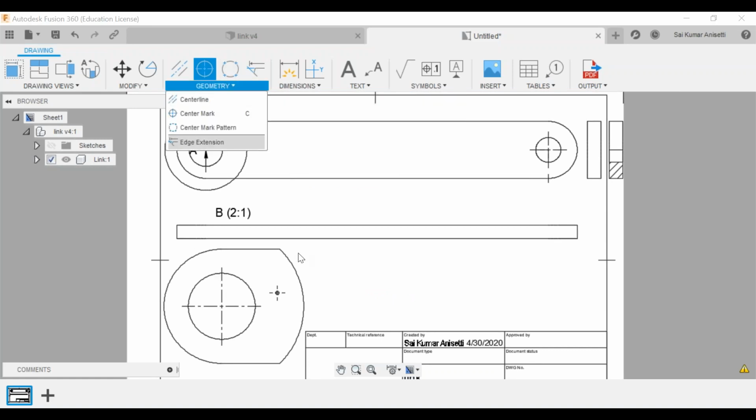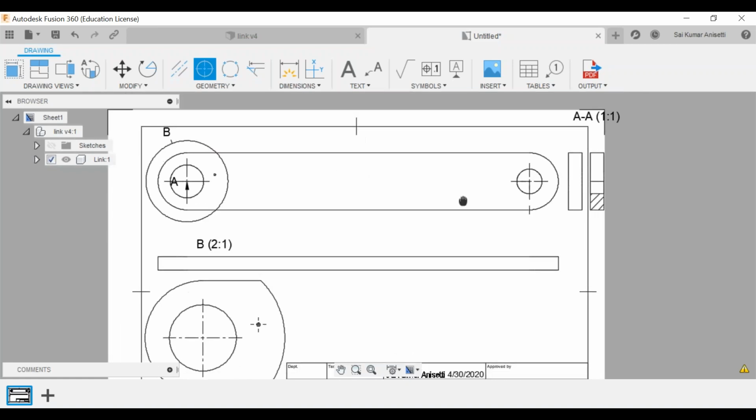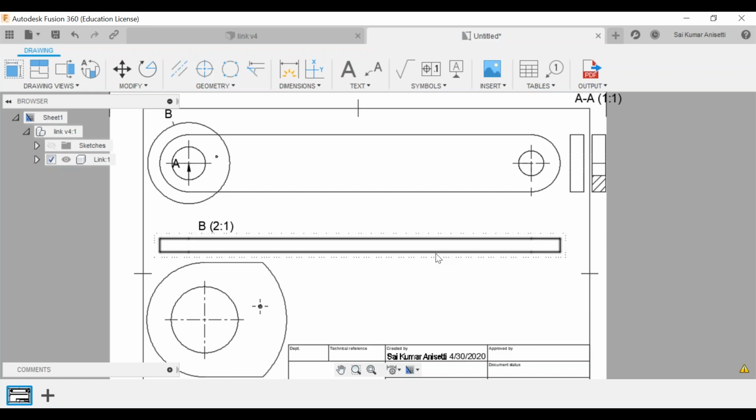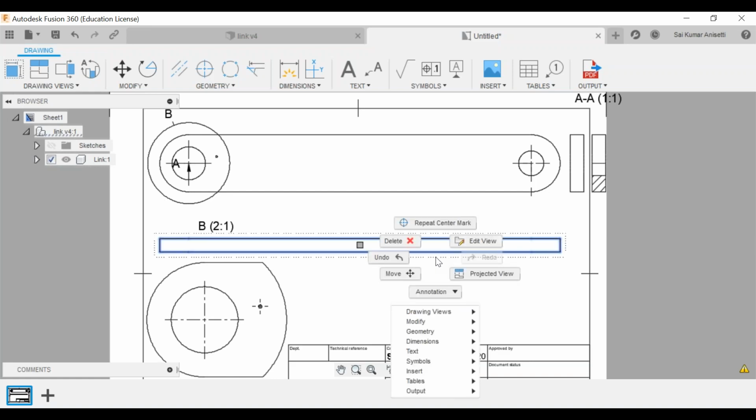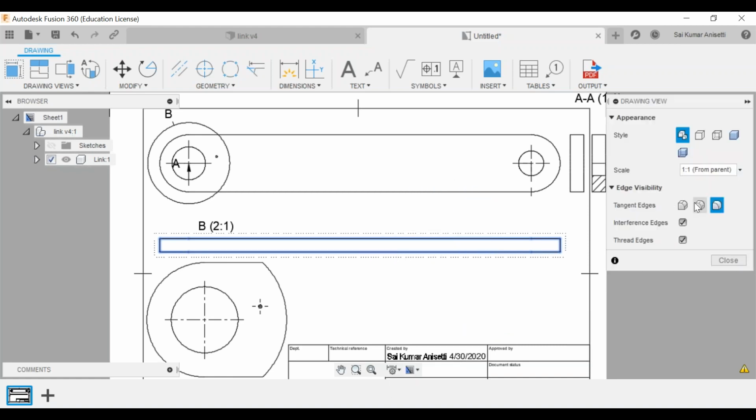See, if you have any channel sections, like if you have any cylinder, for that you can just add your sections. For this, right click, let me repeat center mark, now edit view. Over here I'll go with hidden edges.